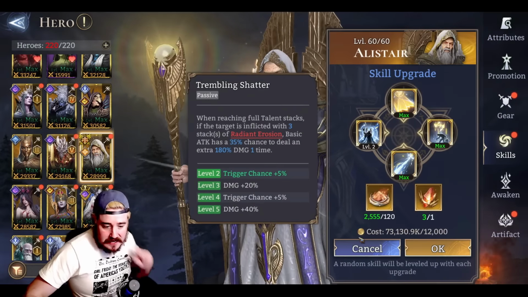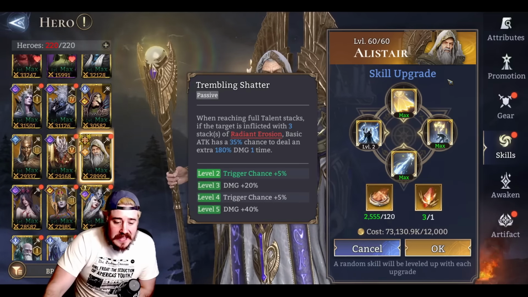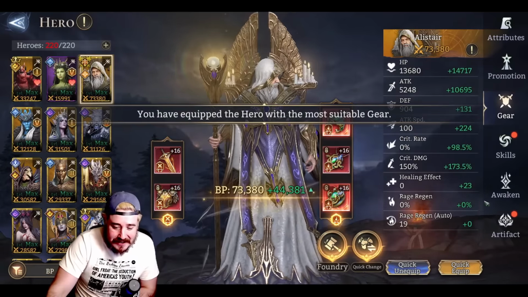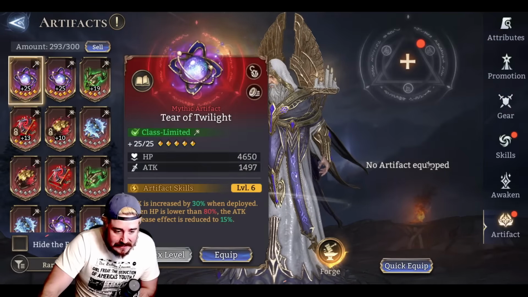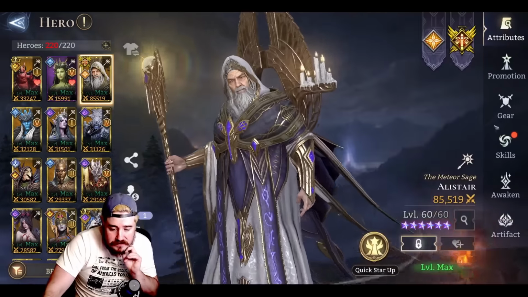This would give us some more BP, and I do kind of need it because I am using my Alistair on GB2. No, I'll hold off unless we really need that last bit of BP. Thinking in real time here, guys. Quick equip. He doesn't even have an exclusive, so we'll give him a maxed out Tear of Twilight. Does synergize well, and you can see nice BP contribution, and we got him up to